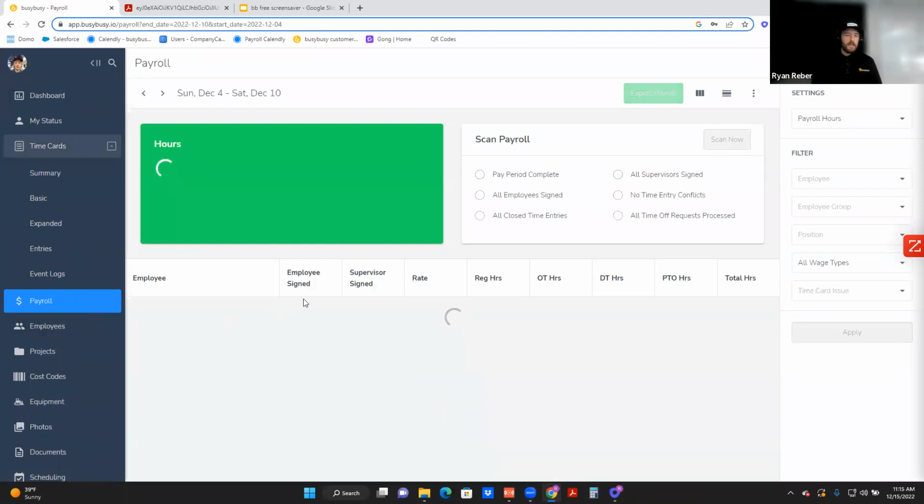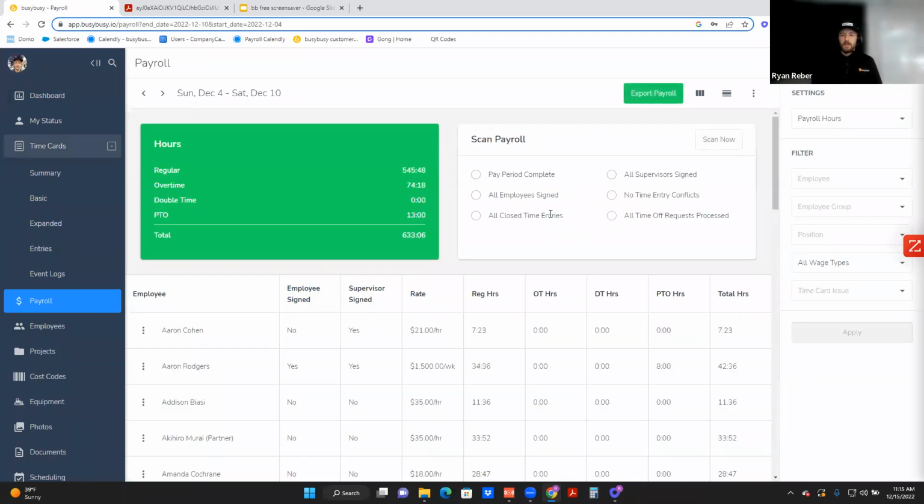This is something that we released this year that a lot of companies have loved using because it gives them the ability to, and I'll just hit scan here. Since we're not even at the end of a pay period, it's going to give me a bunch of green check marks as well as X's here. But in a single click, I can check all of these things to know if I'm good to run